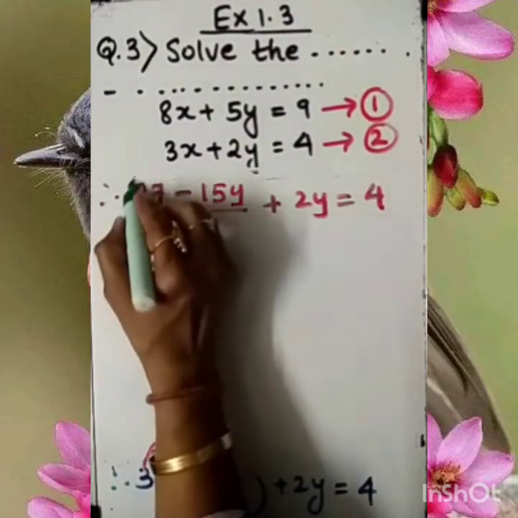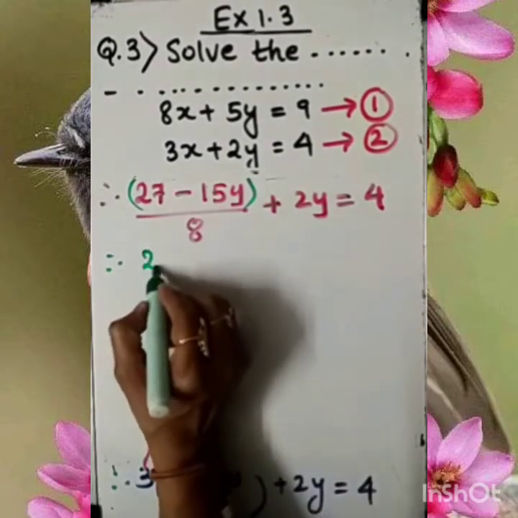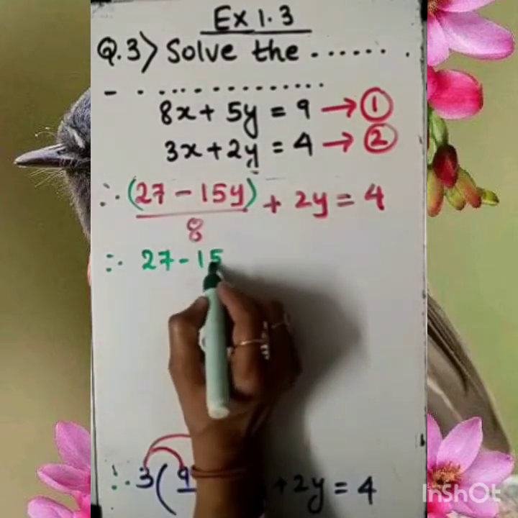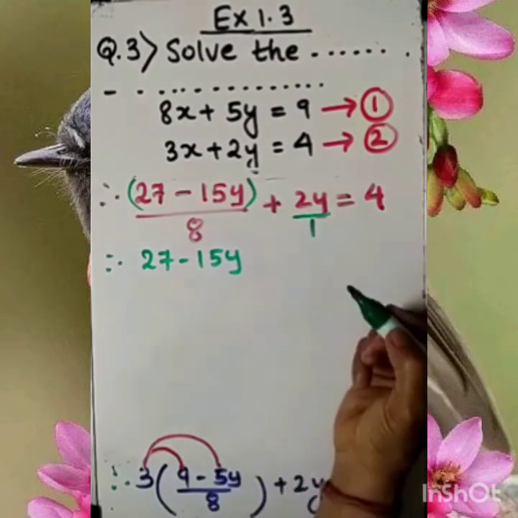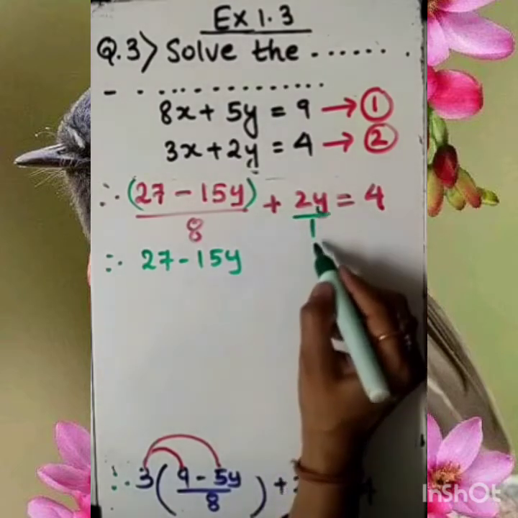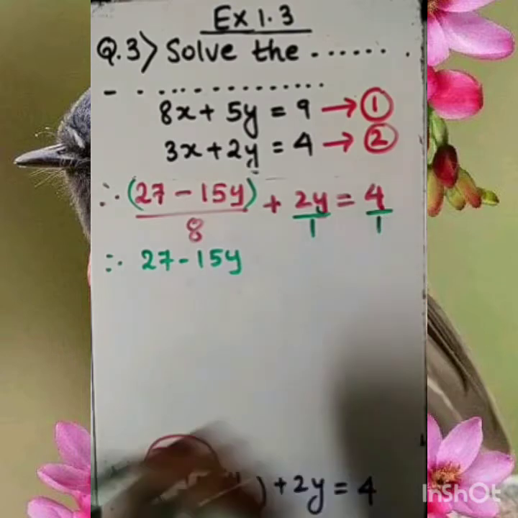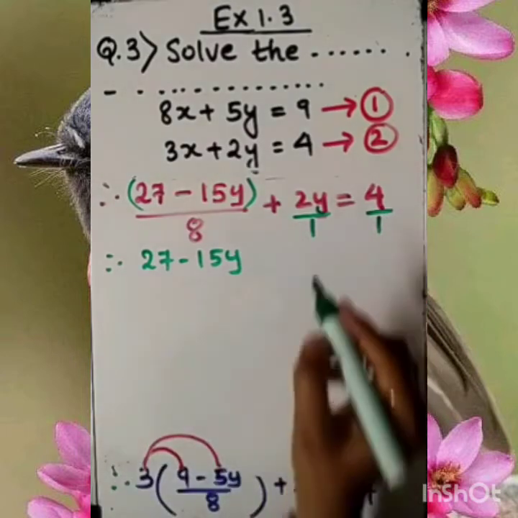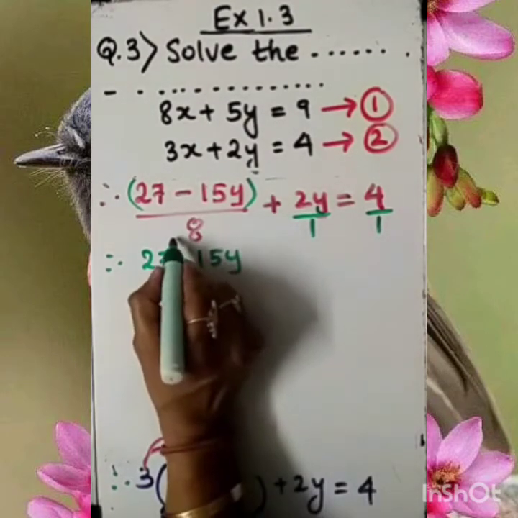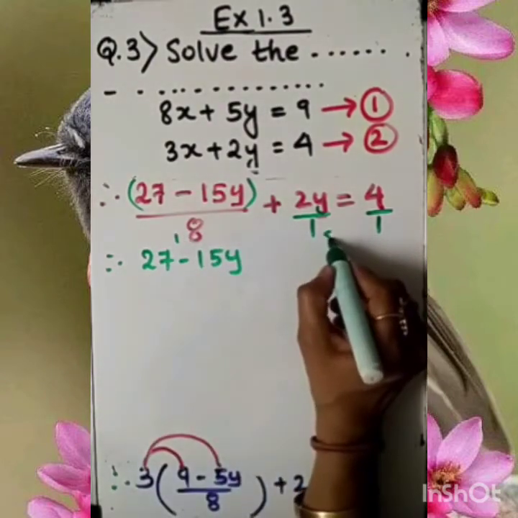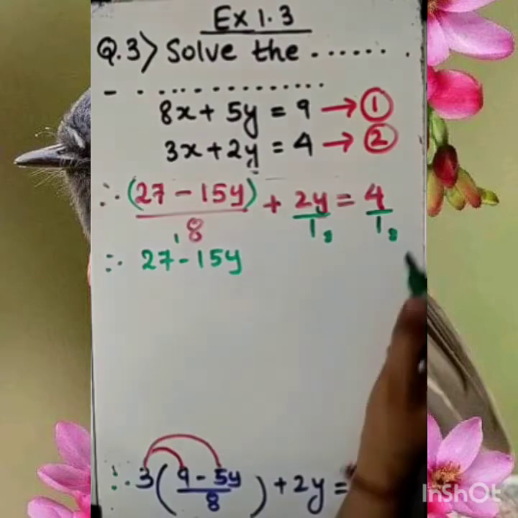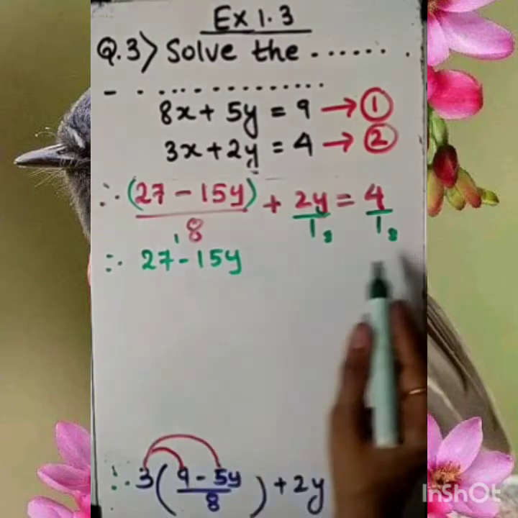Here these two terms are in brackets, so we are not touching them because 8 is already the LCM here. What about this here? Here in the denominator there is nothing, so consider 1. Here also nothing, so consider 1. So with a small writing, you need to mention, we need to multiply this term with 1, this with 8 and this with 8. Clear? This is the technique of taking the LCM.